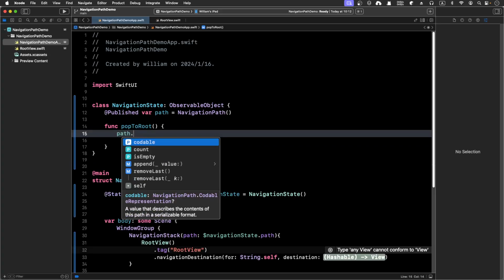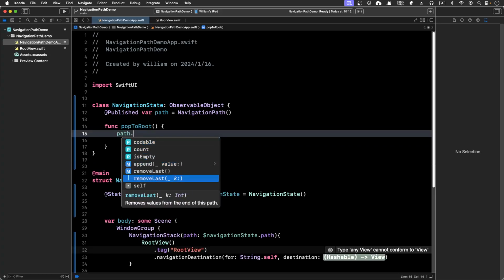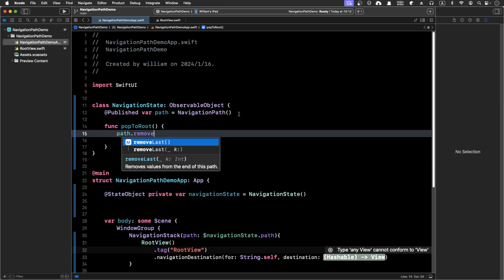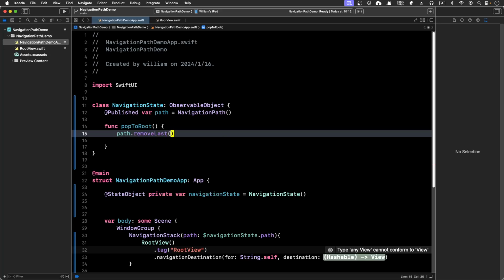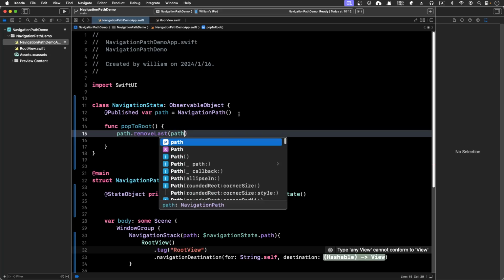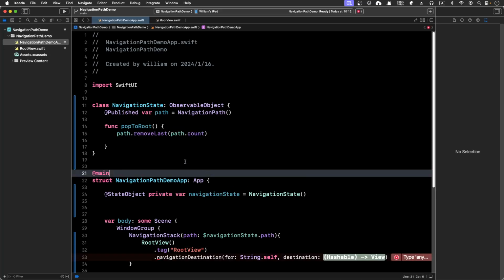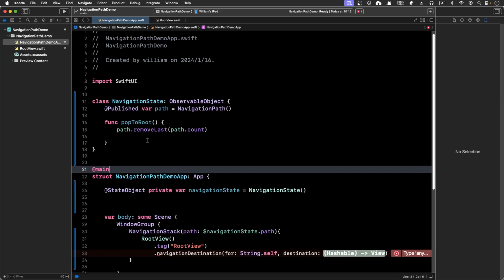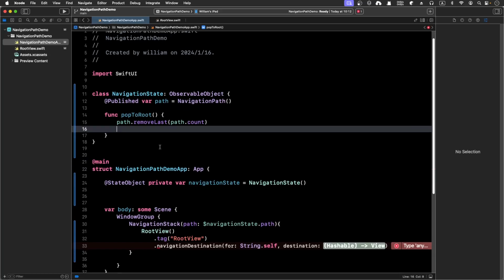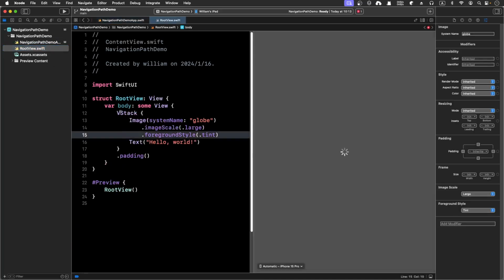We can say remove last, and we can just get the count of the path, and then we can pop it to the root view, and then we got this root view image text hello world. So instead of this,